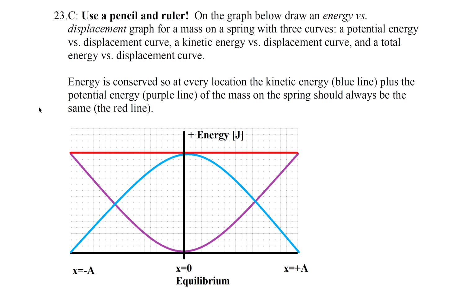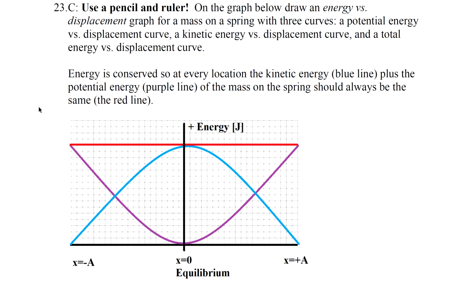Question 23. Use a pencil and ruler. On the graph below, draw an energy versus displacement graph for a mass on a spring with 3 curves. Okay. Potential energy versus displacement, kinetic energy versus displacement, and total energy versus displacement. So,